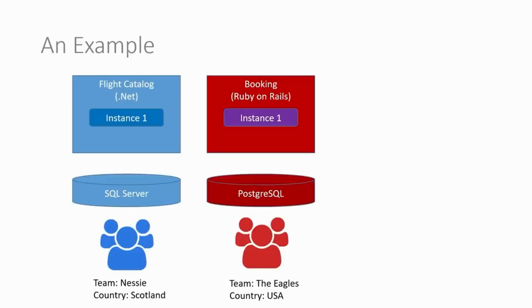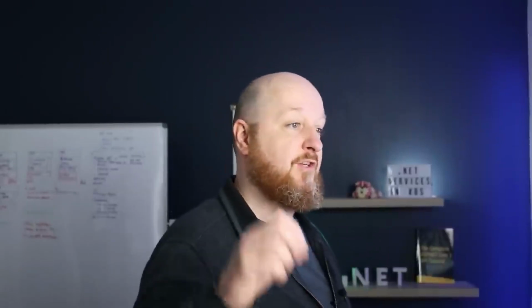And what you'll see here, which is quite obvious, is that each service has its own data store. So the flight catalog will use its own data store and the booking app will have its own data store. Now, these services will more than likely share information, and that's really what the whole of this course is based around: how do these services share information that the other one relies upon? But one takeaway is that they do not share the same database. They may share data, they will not share the same database.